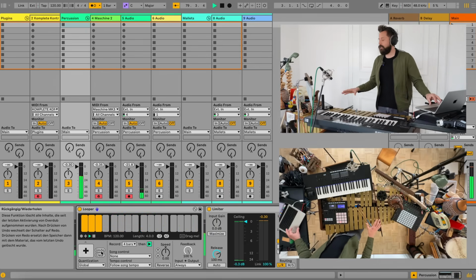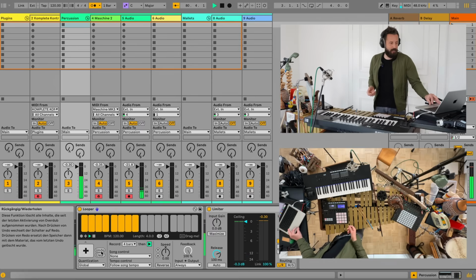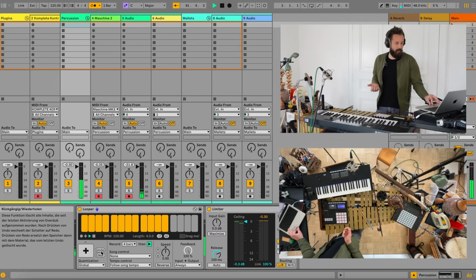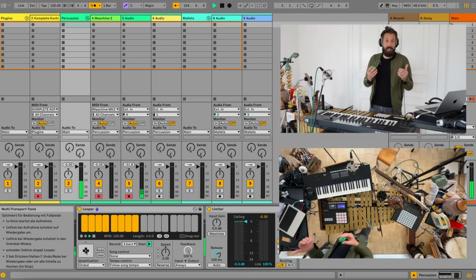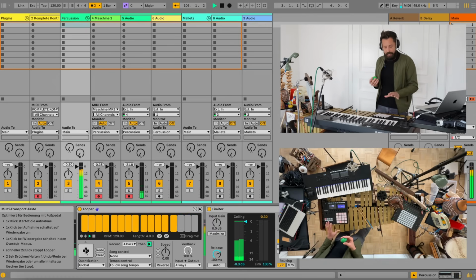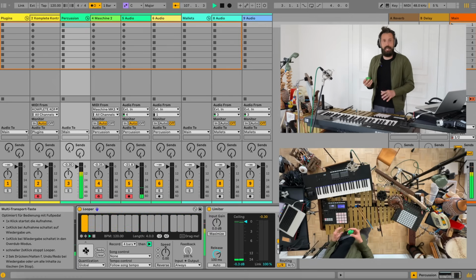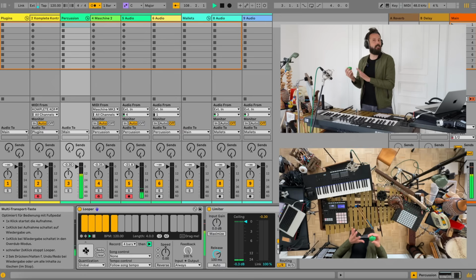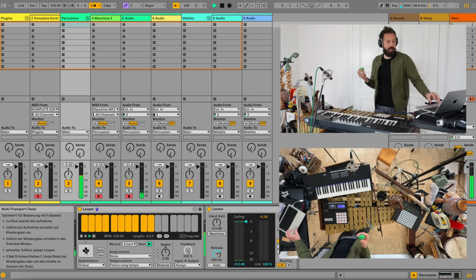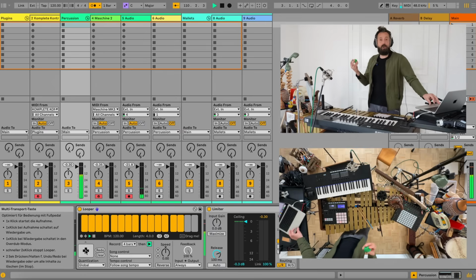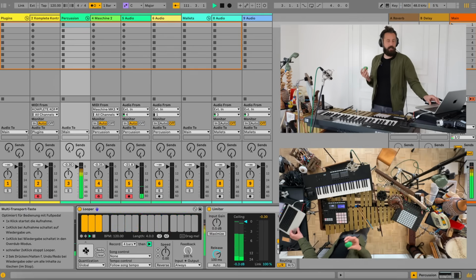So in case I would not like the accidental vibraphone sounds and I would redo the shaker, I now hit undo. So now we're one step back, we just can hear what I played with the drum machine, and I deleted the shaker and also the accidental vibraphone noise that was in the last take, and I now have the chance to overdub again and play my shaker.